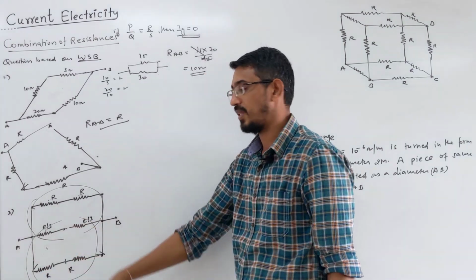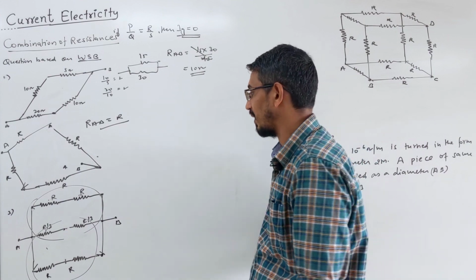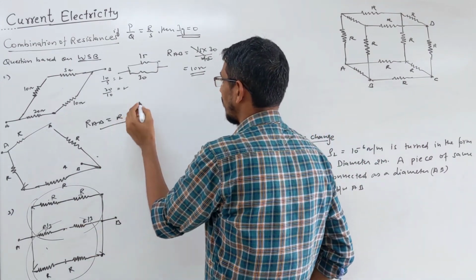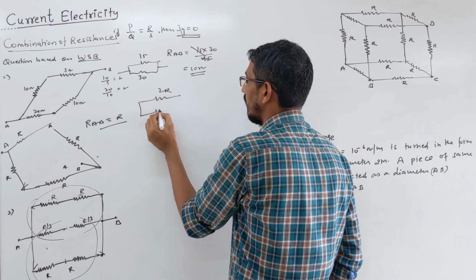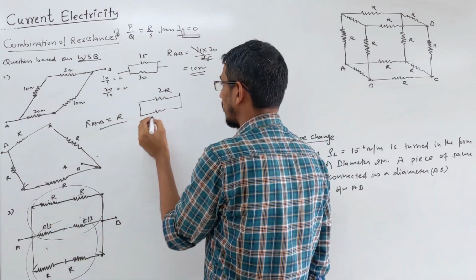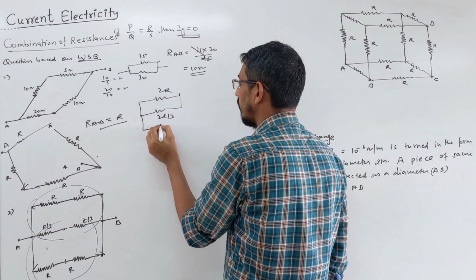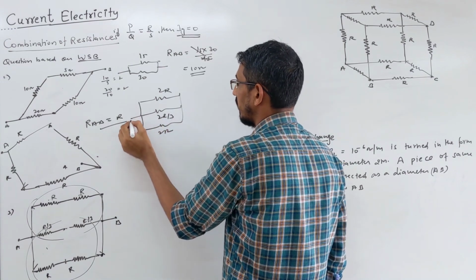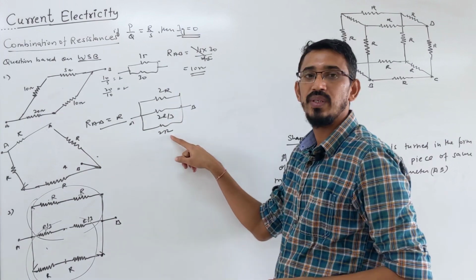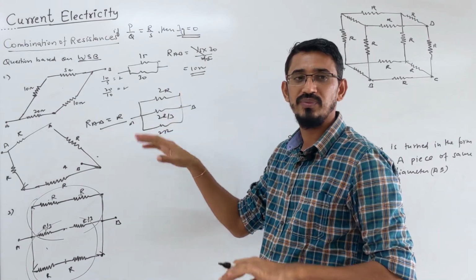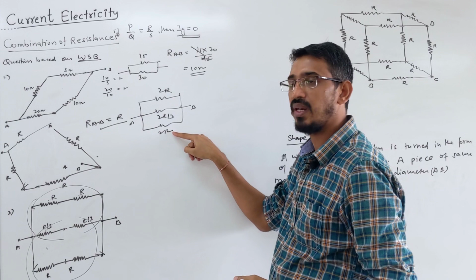Now this is your simple circuit, 3 branches just in parallel. So this is equivalent to what? Look here, on the top branch R and R, so just 2R, and the middle branch R by 3 and R by 3 means 2R by 3, and the down branch also 2R. That is between your A and B terminals. You can solve the 3 things. First 2R and 2R in parallel, what is the answer?